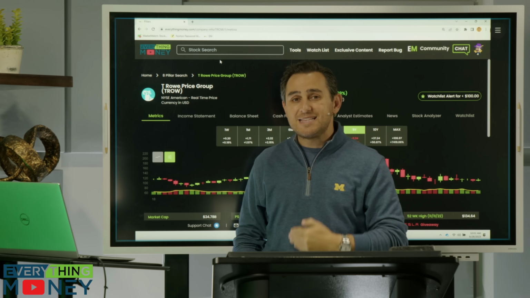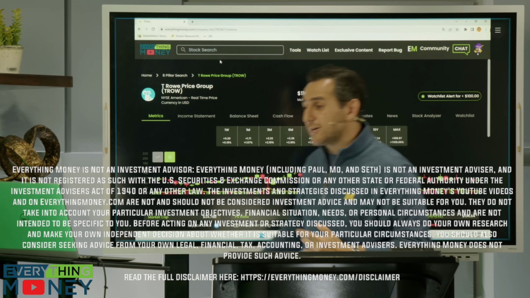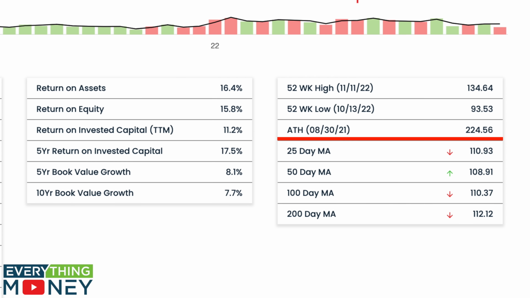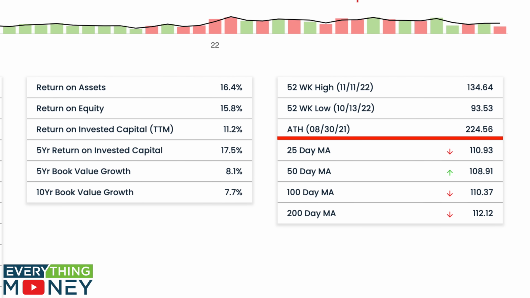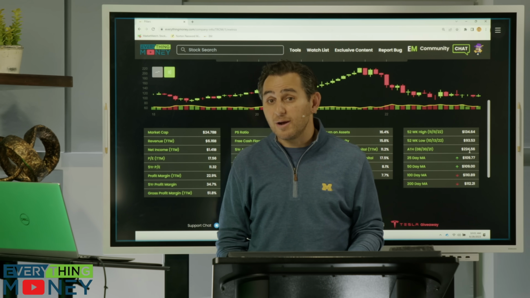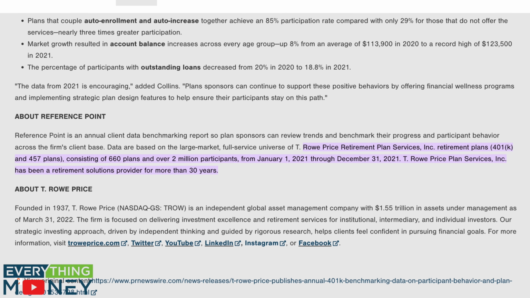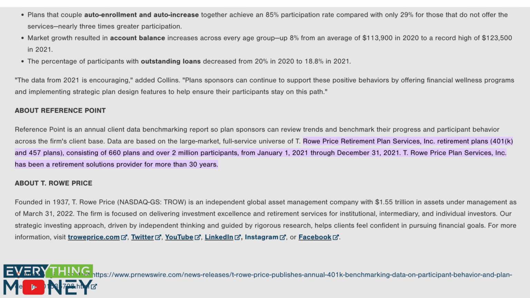So T. Rowe Price is a company that I currently own, at $110 a share. Now look at this. This is the interesting part about T. Rowe Price. All-time high of $224 back in August of 2021. So we're almost at 2 years now, and the stock is down 50%, right? Yep. And T. Rowe Price is a very, very big leader in 401ks and a lot of assets under management,